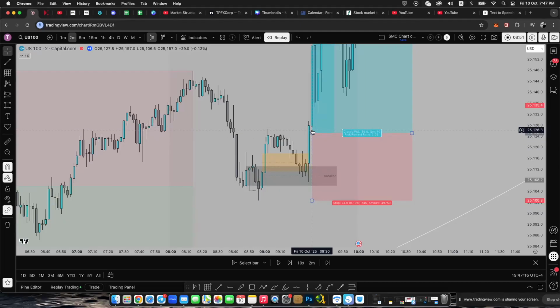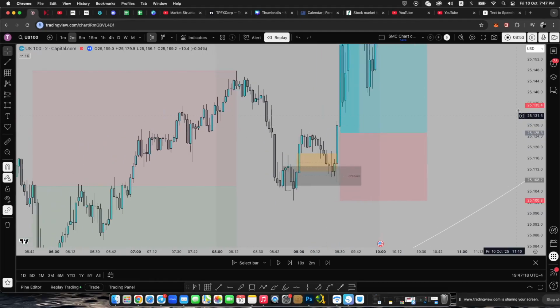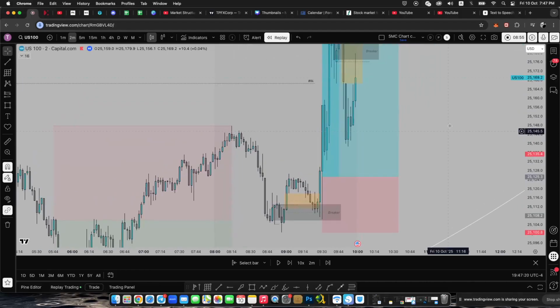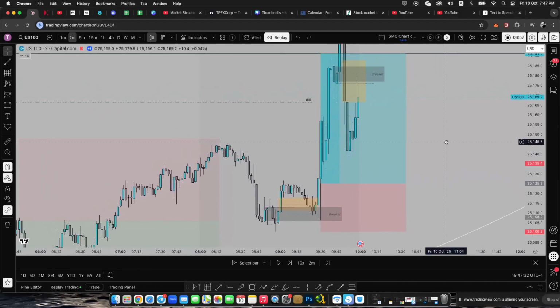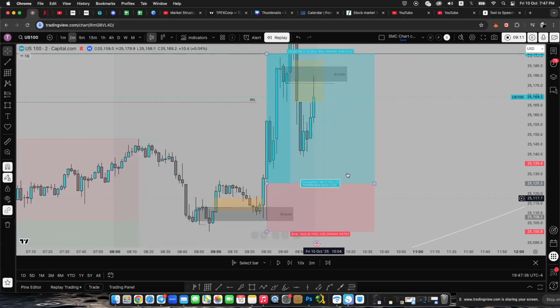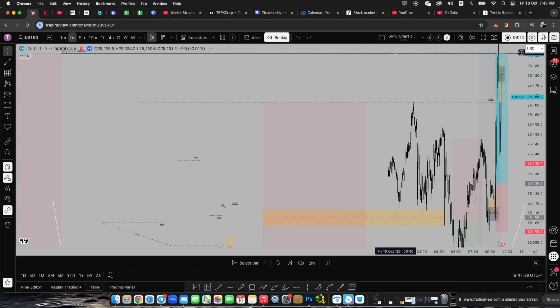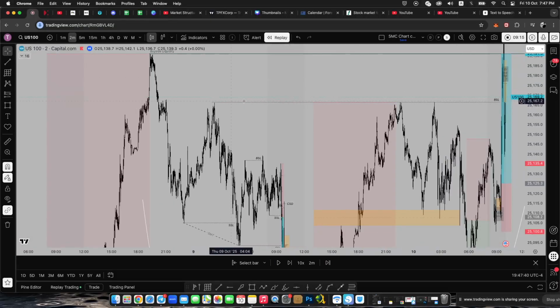I entered immediately. I was not trading on my computer today because, unfortunately, I broke my screen last night. So I was trading from my phone. So I took the entry. And of course, the first volatility almost got me out. For a moment, I thought it was going to get me out, but it got a little volatile. Placed my stop loss below the swing low right here. And I was just literally targeting the record high. I knew somehow we were going to go here.